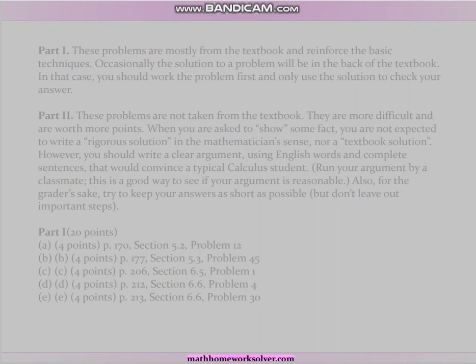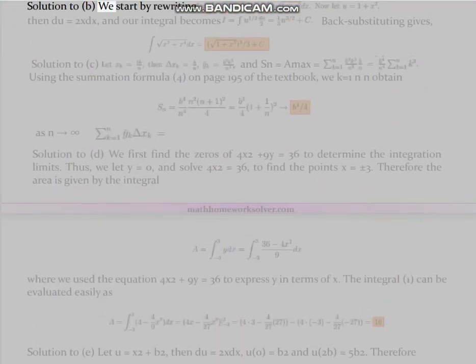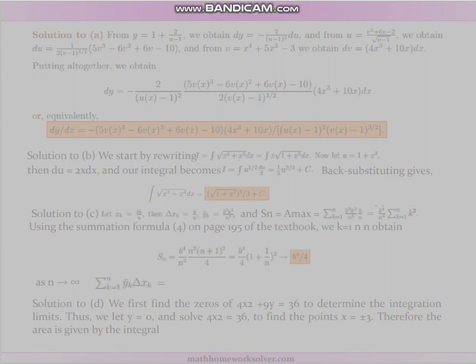MathHomeworkSolver.com. Solution to B. We start by rewriting, then du equals 2x dx, and our integral becomes, back substituting gives, solutions. Solution to C and D. S_n equals, using the summation formula on page 195 of the textbook, sum from k equals 1 to n, and obtain,